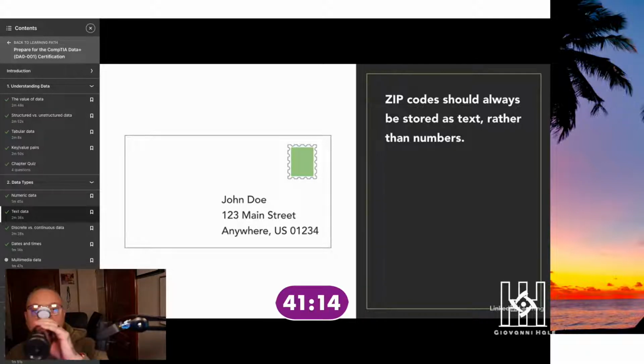Since they're numbers, you might be tempted to store them using a numeric data type. However, the problem is that many zip codes start with the digit 0. If you store those in a numeric data type, the computer will ignore the leading 0 and truncate the zip code to be only 4 digits. For that reason, you should always store zip codes as text.